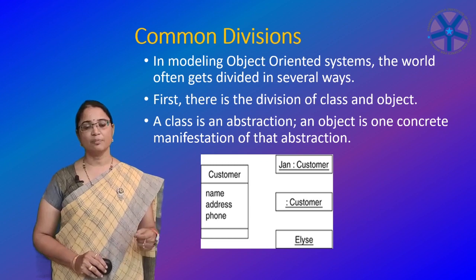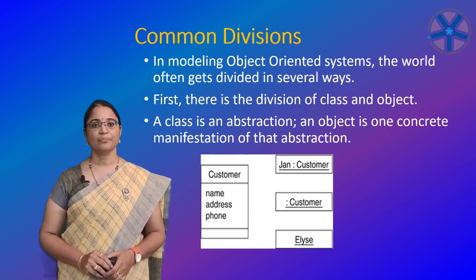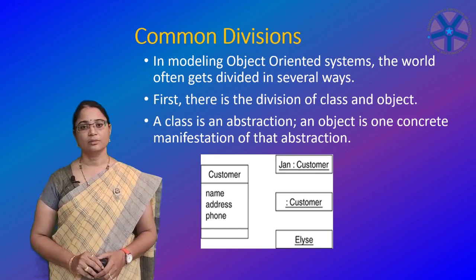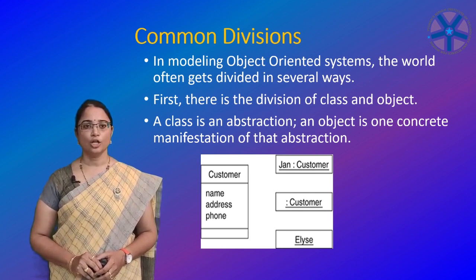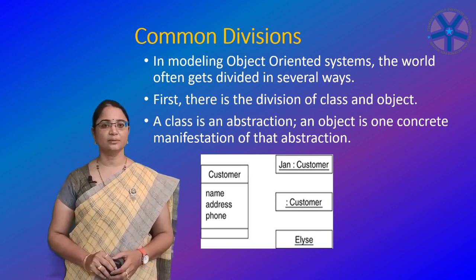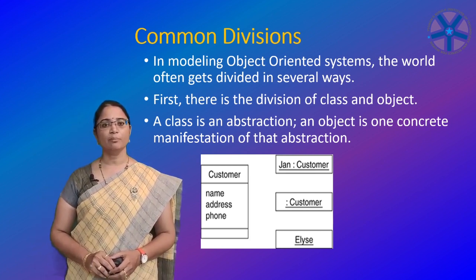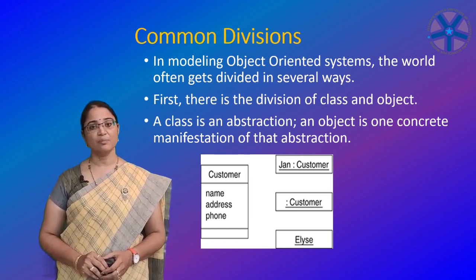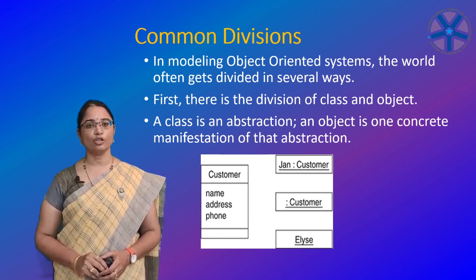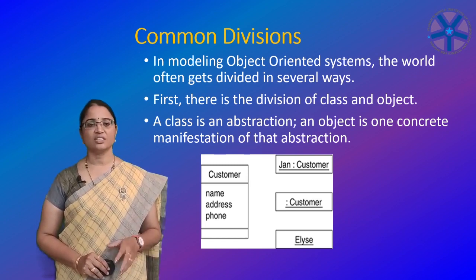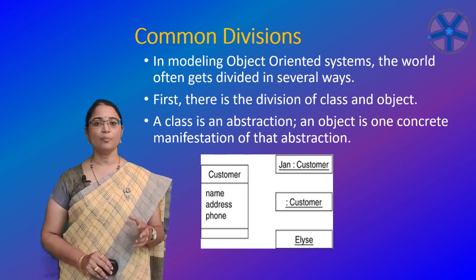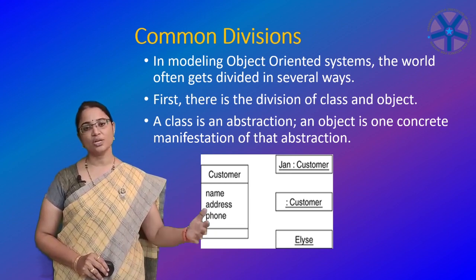So that is represented by using a colon customer, an anonymous customer object. And Alice, which in its specification is marked as being a kind of customer object, although it's not shown explicitly here. And almost every building block in the UML has its same kind of class object dichotomy. For example, you can have use cases and use case executions, component and component instances, nodes and node instances.